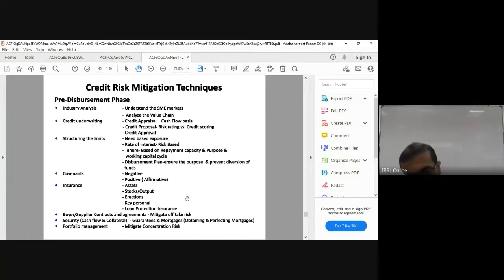Then the next one: before it goes to NPL, ideally, if you can structure the limits, excellent, because this is what is lacking in most of the bank managers and credit officers. Once we diagnose, so credit underwriting is about diagnosing the problem. It's almost like the doctors, they call for reports and various other information. Based on that, you need to decide the course of medication. Like medical doctors, financial doctors, of course, we need to develop the facility based on the need, whether it is investment or working capital.